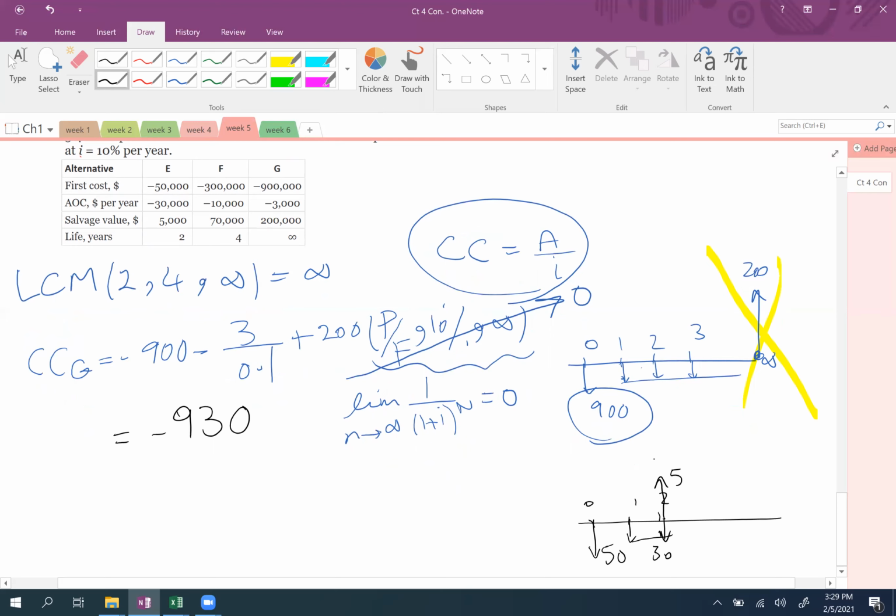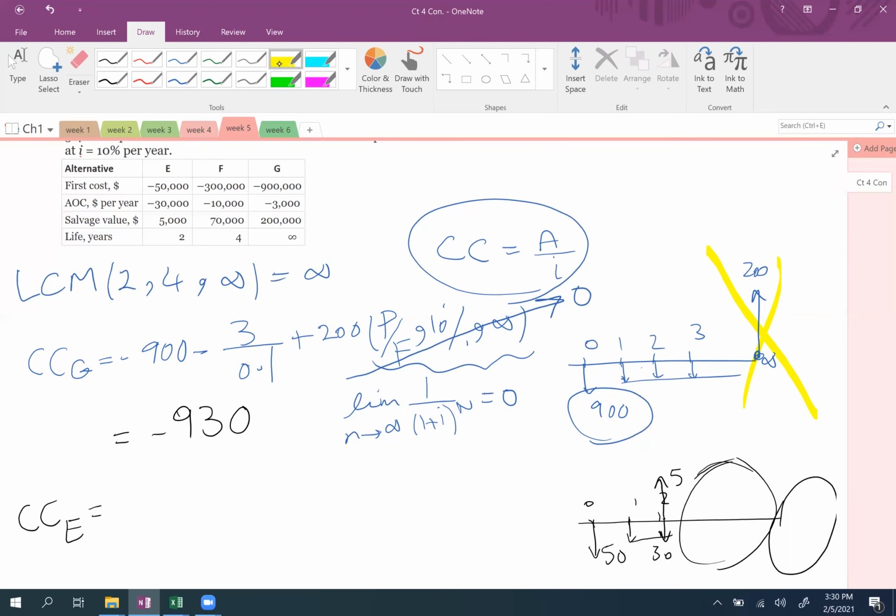2. So for this project, if I really want to do this, I have to repeat it several times until I hit infinity. That's the case. I need to repeat it until I hit infinity. So to calculate this, again, I have to calculate the capitalized cost of E, which is equal to